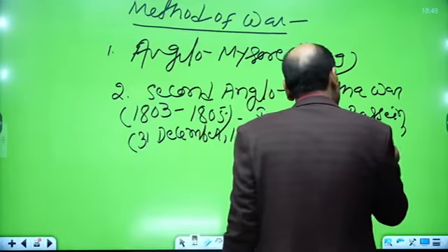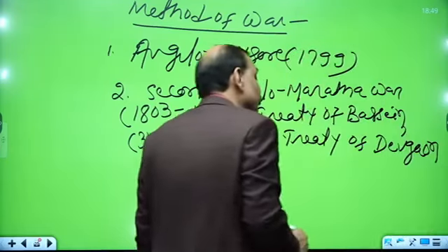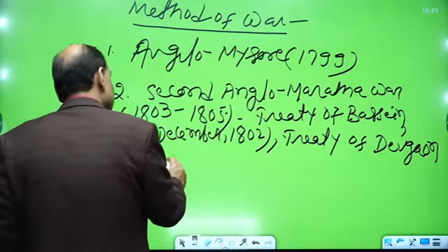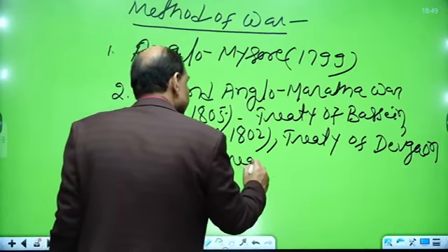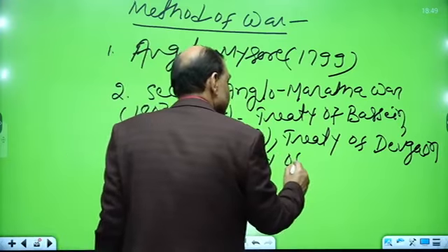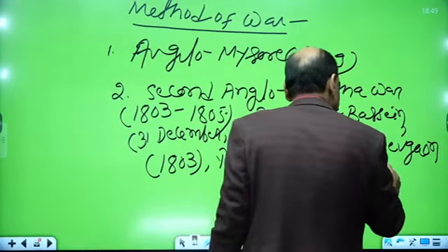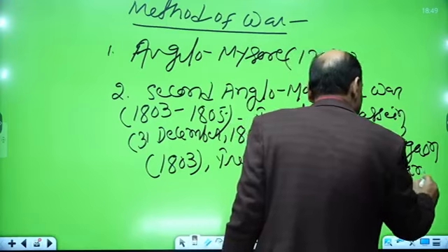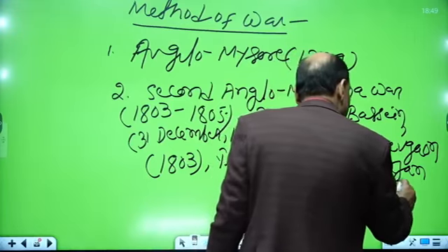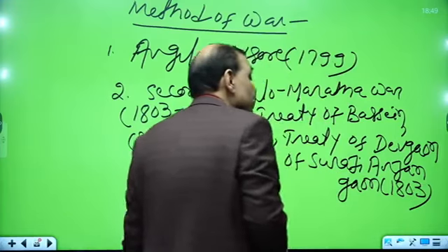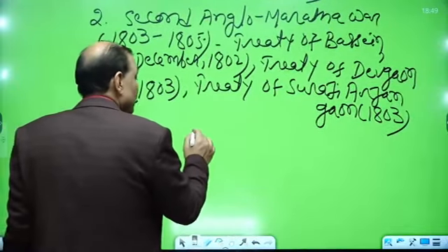Treaty of Devgaon, that had to be concluded with the Bhosle, 1803. Then the Treaty of Surji Arjangaon, and that is 1803. This treaty was concluded with Scindia, and then finally